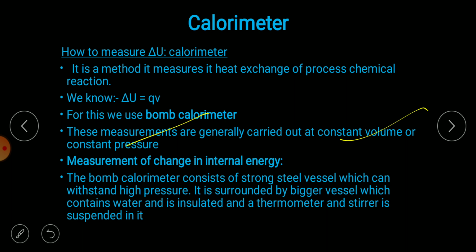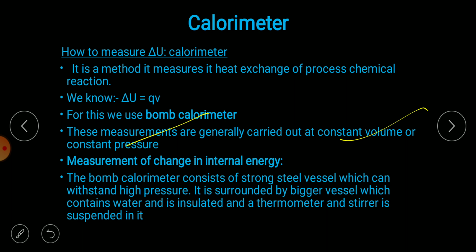First of all, if we want to measure the heat changes in a process, we have to take an instrument in which the loss of heat is very little. This is important. If heat is lost, we don't know how much heat is given by the system to the surroundings.